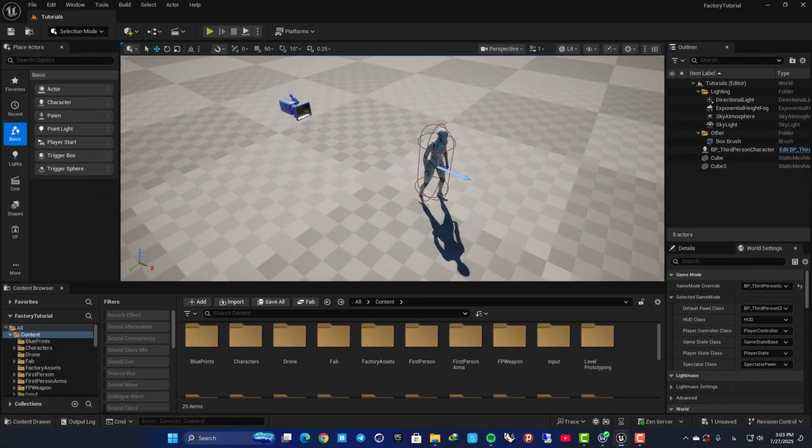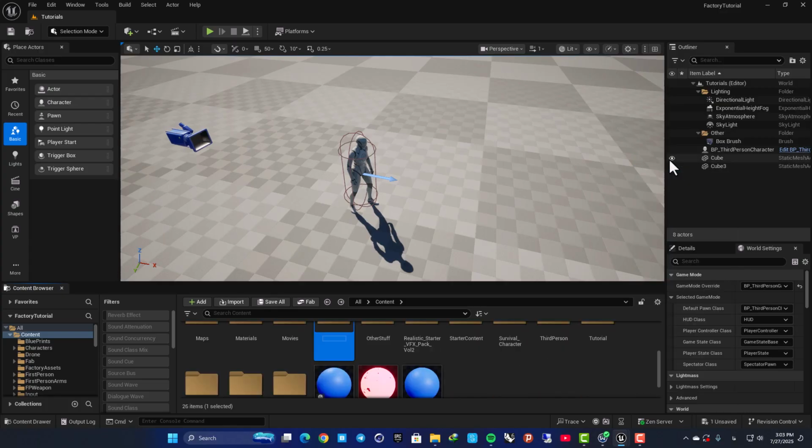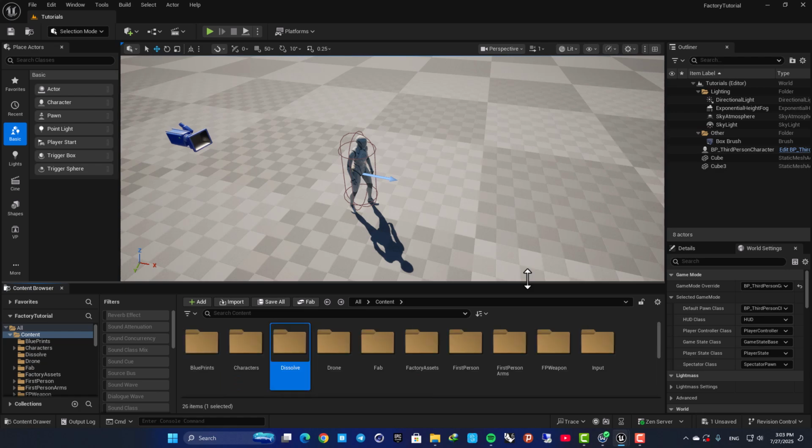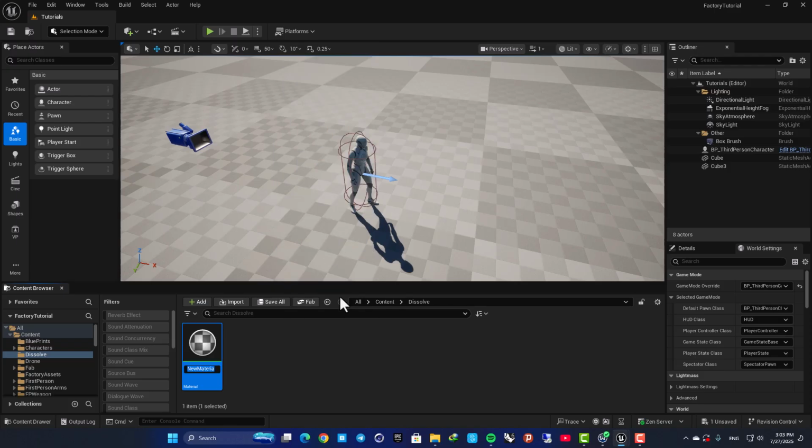Alright, so the idea here is to create a material, assign it to a blueprint, and then control the attributes of the material from the blueprint. So here, first let's create a new folder and let's name it dissolve. Open it up, and first we need a material. So let's name it m_my dissolve